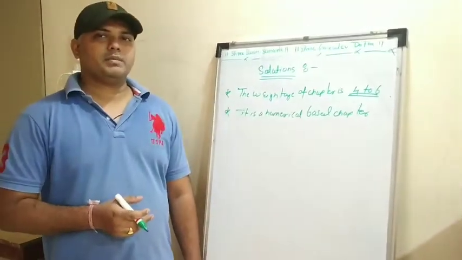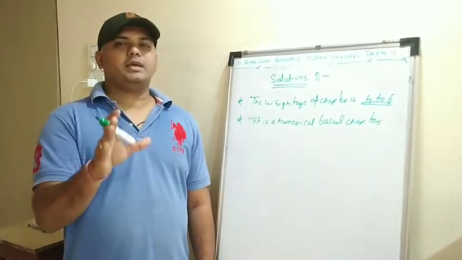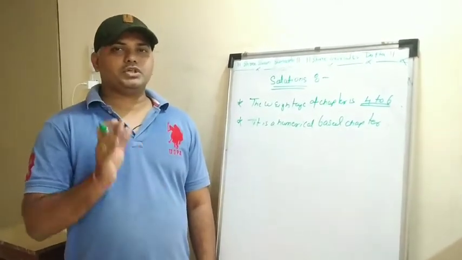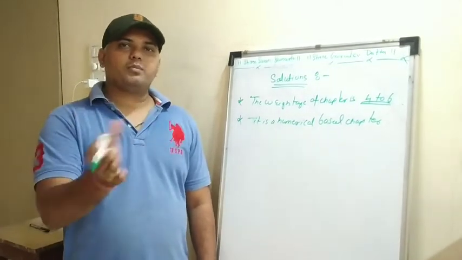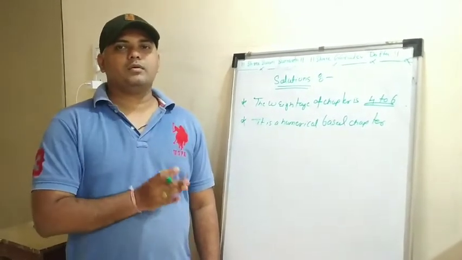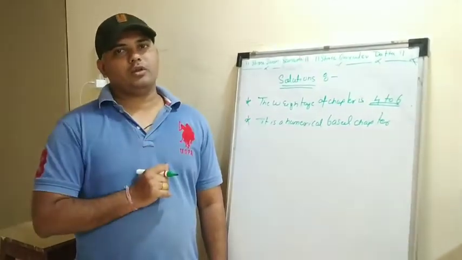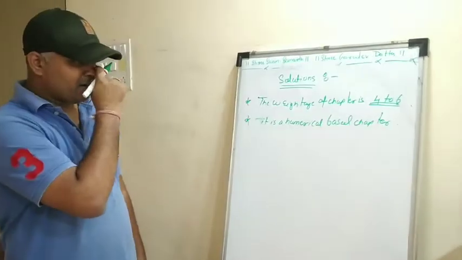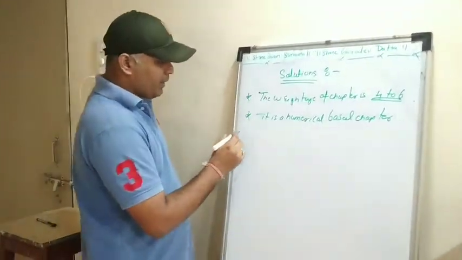In this chapter, numericals can be asked on the colligative properties, that is freezing point depression and boiling point elevation, as well as 1 or 2 mark problems can be asked, that is calculate the molarity, calculate the molality and calculate the normality, right? So I hope you have understood what kind of numericals can be asked from this chapter, but it is a numerical based chapter.